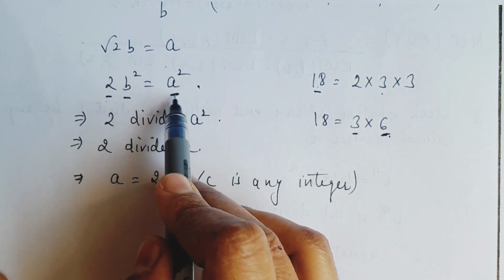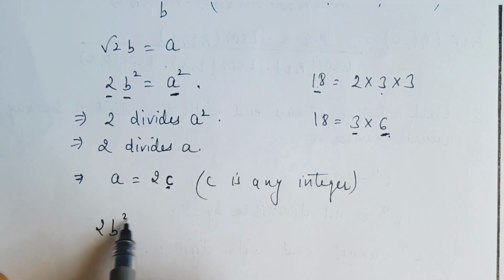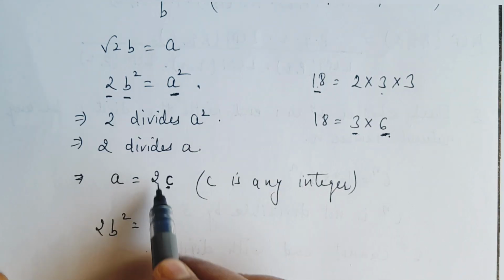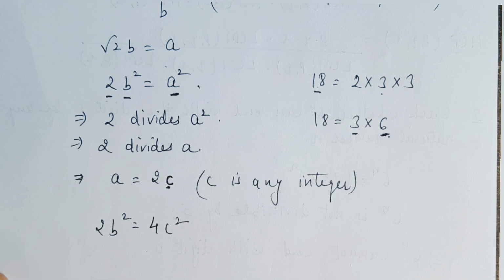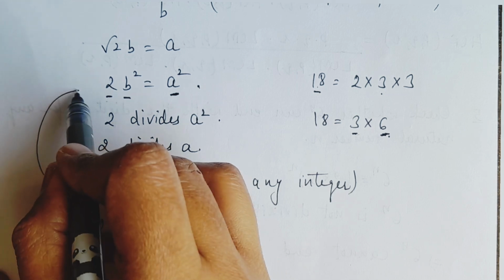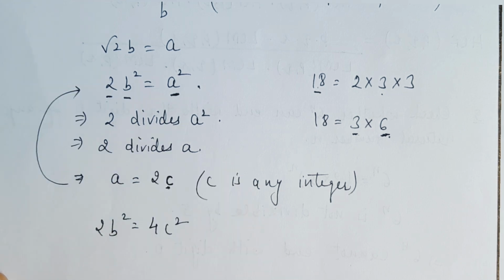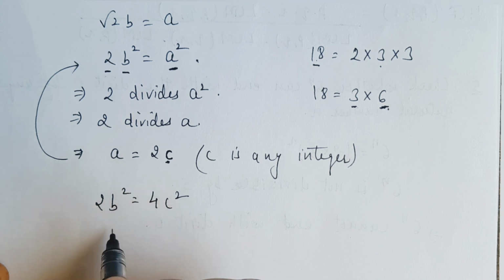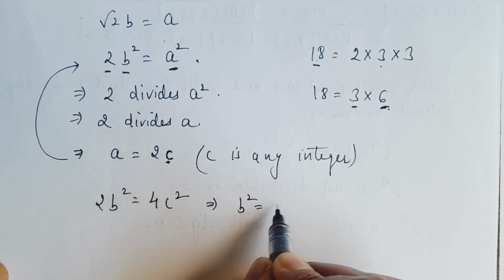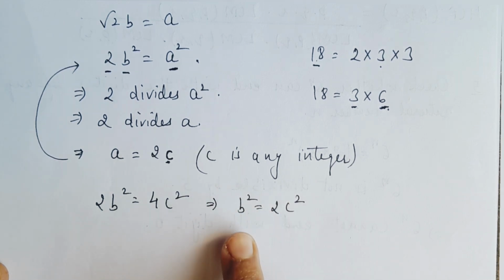If we put the value of A here, we get 2B square is equal to A square, so square of this will be 4C square. We put this value here now. So 2B square is equal to 4C square. We will cancel 2 from both sides, so we get B square is equal to 2C square. Now